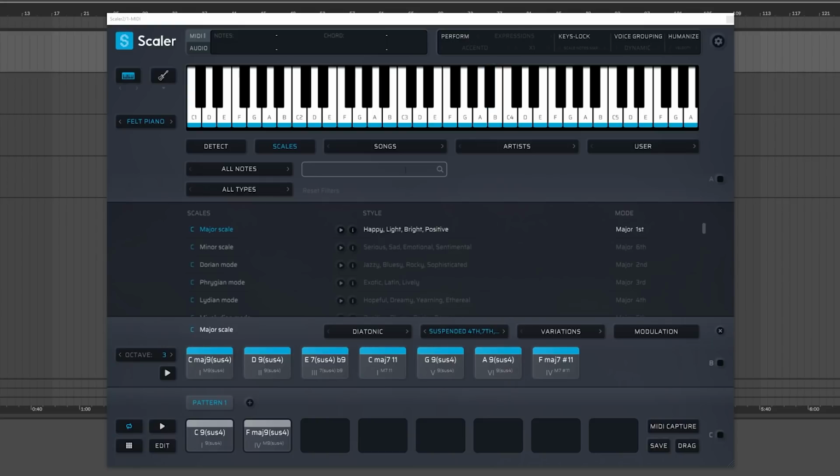So what we're seeing here on Scalar right now is the C major scale. The blue highlights here represent the C major scale. If we change our notes to something else, we will see a different scale highlighted. So let's go ahead and go back to C real quick, just because it's easy for me to play in. And let's talk about the concept of intervals and dissonance, because this is a big part of how I approach the quote-unquote safe notes when it comes to generative or probabilistic stuff, or even just my regular compositions when I'm throwing things at modular and trying to get it to work together.